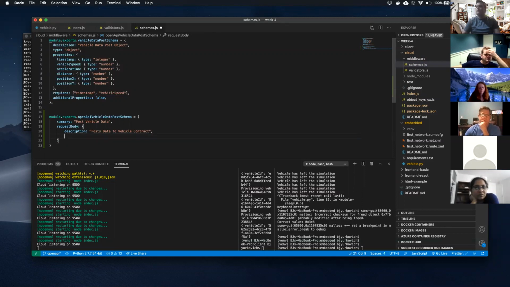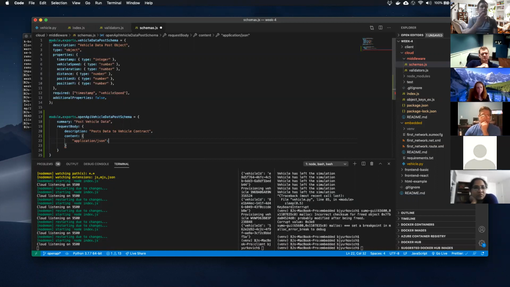And then content. And the content is what we expect from the API. So we actually expect application JSON. So that's part of that validation. We're validating that we expect JSON to come into us.